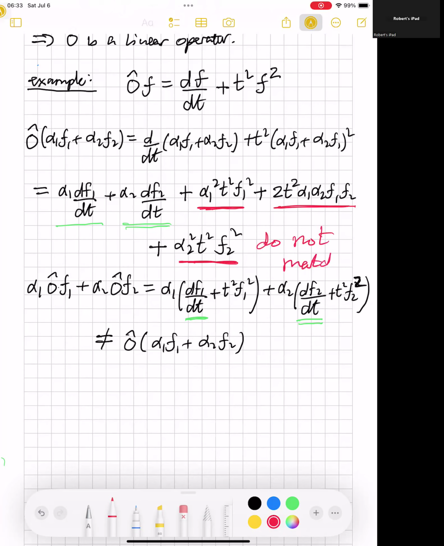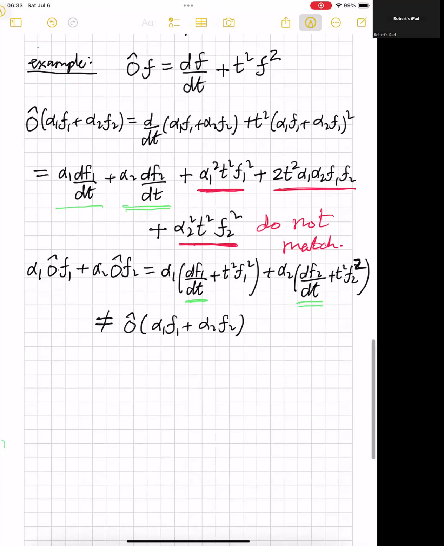These are all coming from f squared. So this is indeed the piece that's not linear in f, and this is what screws up the linearity of O hat. Okay, so this implies O hat is not a linear operator,